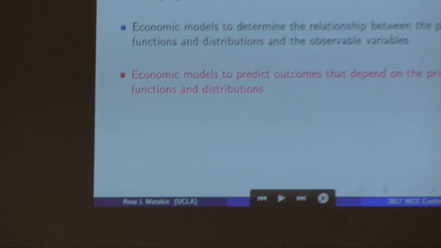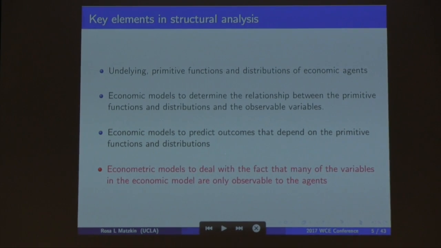For example, if we need to predict the demand for a new product, we can look at what people purchase, what the demand is for existing products that have similar characteristics, try to infer from that the preferences of individuals for those characteristics, and then use them to determine what the choice of the individuals will be when a new product appears with different values of the same characteristics. So this is like McFadden 1974 work.